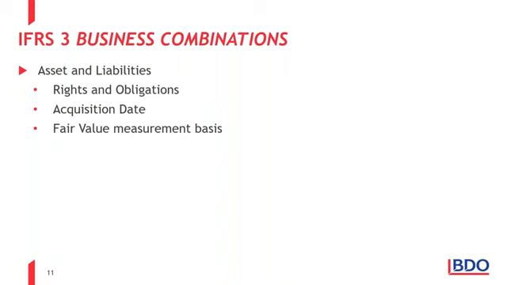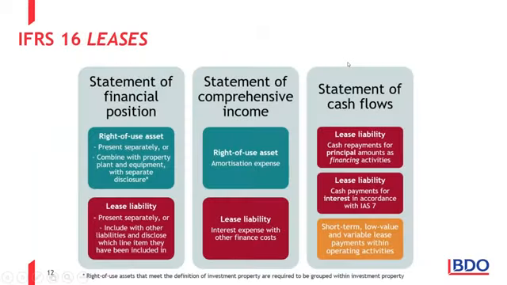So let's just remember that IFRS 3 talks about a business combination being the acquisition of a business. You're acquiring the rights and obligations of the business at an acquisition date. And IFRS 3 requires that the assets and liabilities acquired of the business on acquisition date should be measured at fair value on acquisition. So if I apply that to the leasing standard, because that's the topic of the moment,